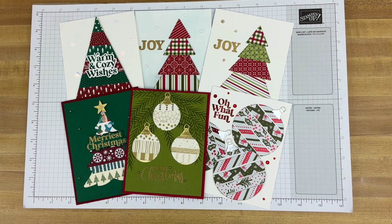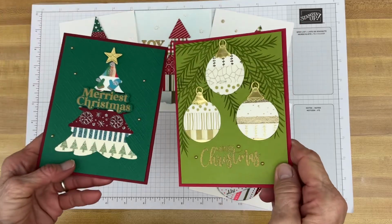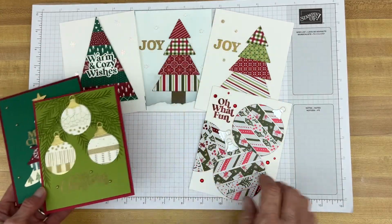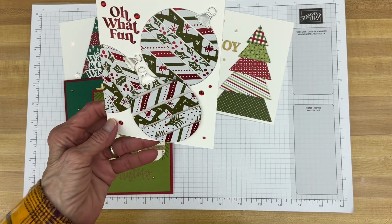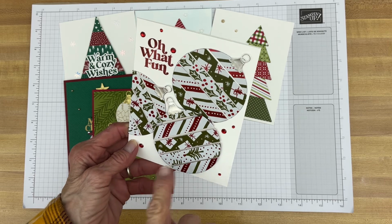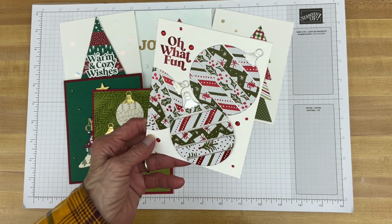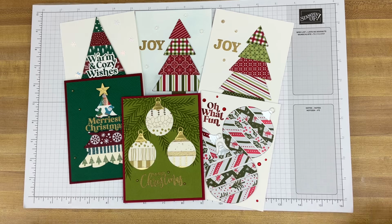Today I have several cards for you, 6 to be exact, and each and every one of these cards was made with bits and pieces. And yes, scraps, and also things I haven't used in a while, like for instance, these 2 cards were made with washi tape, and this card I used the floating image technique, which takes an acetate sheet or a window sheet, and I have not used those in a while. So some other things here, you might see some embellishments, and there's a couple dies I haven't used in a while, but